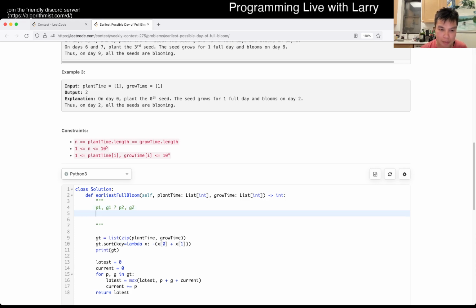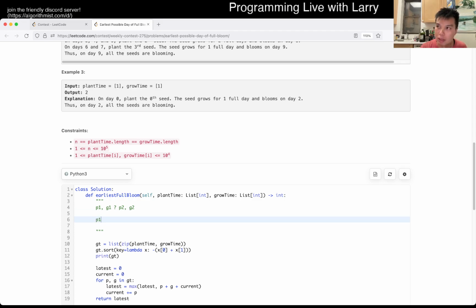And that means that the full time is going to be P1 plus P2 plus, so it's going to be either we do P1 first plus max of P2 plus G2 and then G1, compared to P2 plus max of